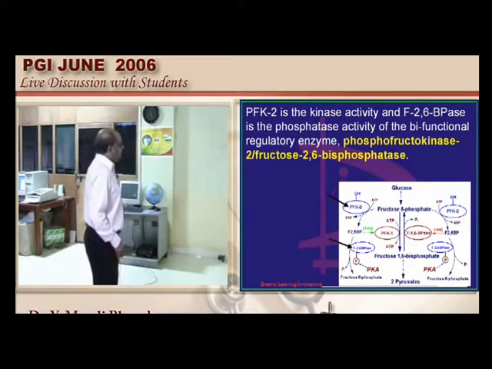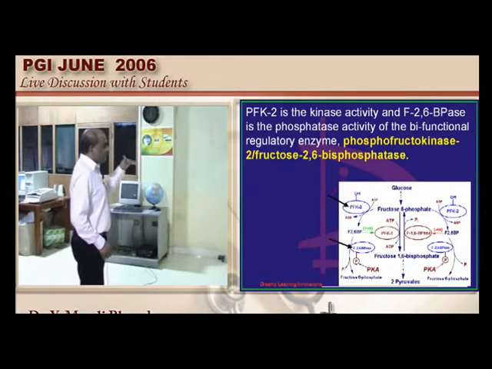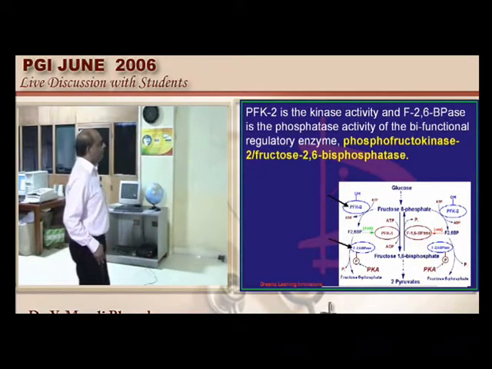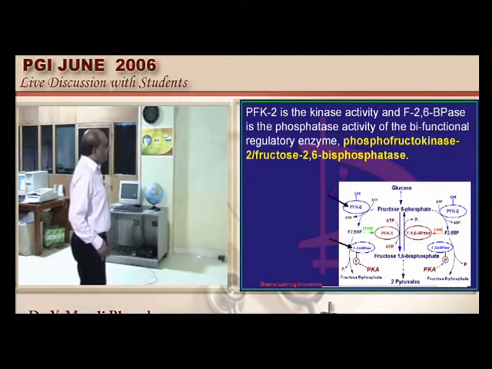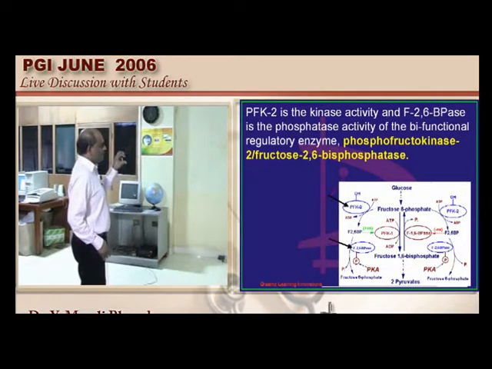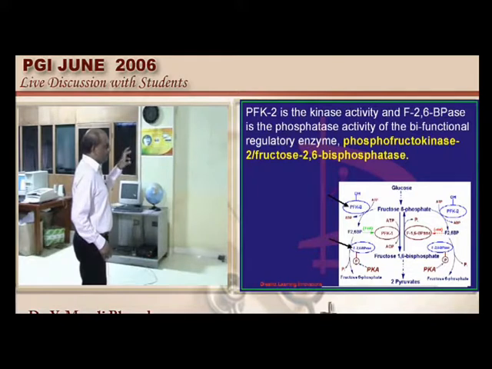Now we have one more enzyme called the fructose 2,6 bisphosphatase, which will cause the breakdown of this fructose 2,6 biphosphate, and if the fructose 2,6 biphosphatase is abundant, what will happen, doctor? All this fructose 2,6 biphosphate becomes broken down, it becomes less, and there is no driving force for the phosphofructokinase 1, and the glycolysis cannot go ahead. So that is what needs to be remembered. So now the phosphofructokinase 2 typically has a kinase activity and is the one which will make the glycolysis go in a forward direction.